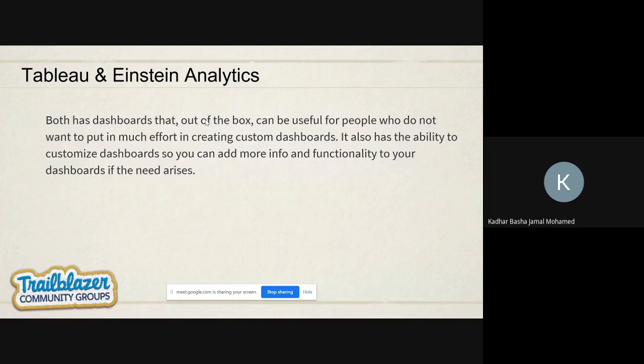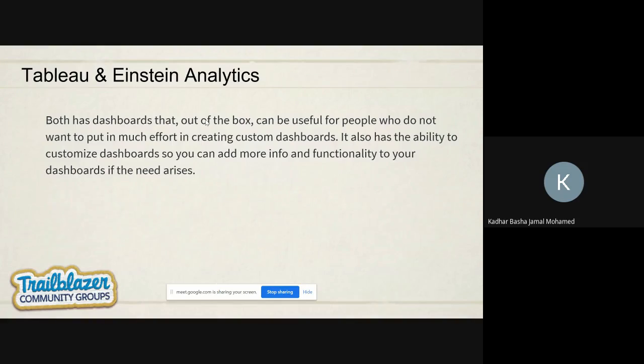So easily we convert those records into reports. After that, we create the reports. We definitely migrate the reports to dashboards, because it's a graphical representation. A single picture explains what happened in the sales over the past years, and we can predict the future using it, what will happen in the future for these companies or sales. So here Tableau and Einstein Analytics both have dashboards, because this is the graphical representation we know. So both obviously have dashboards.